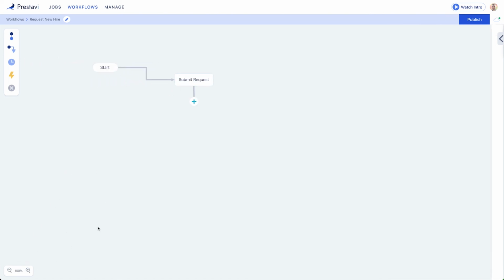Okay, and that's everything you should need to know in order to use the Workflow Builder. Next up, let's dive into the most important element, and that is how you set up a step